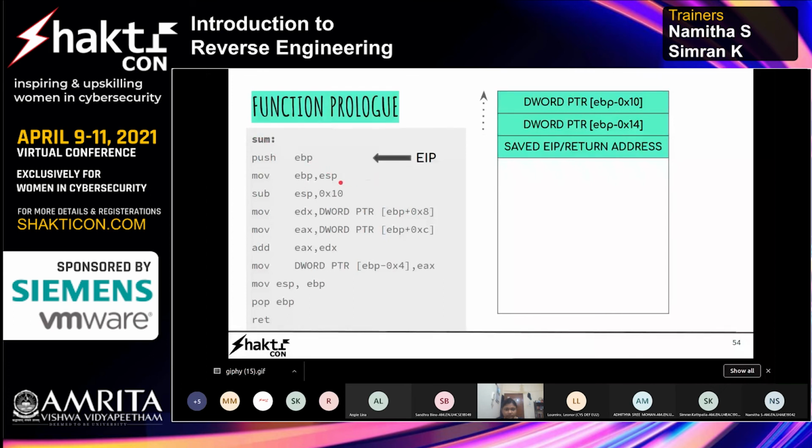When we are writing a function, it basically contains three parts. One is the setting up of the stack, called the function prologue. Then we have the main body of the program, where the stack is used to execute and store local variables. And then there is a cleanup, or function epilogue. It basically helps in destroying the stack that we just built for this particular function. Okay, so let's see what the function prologue is.